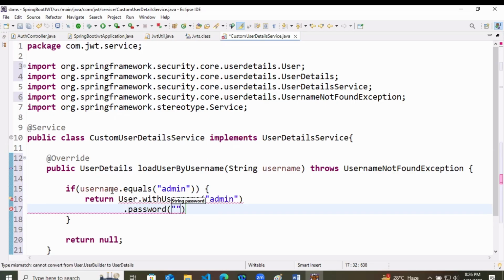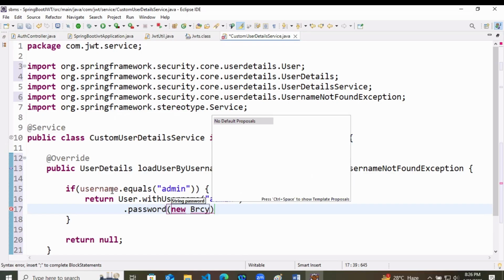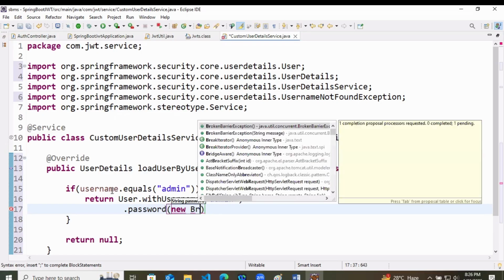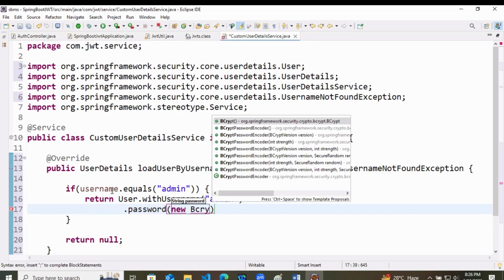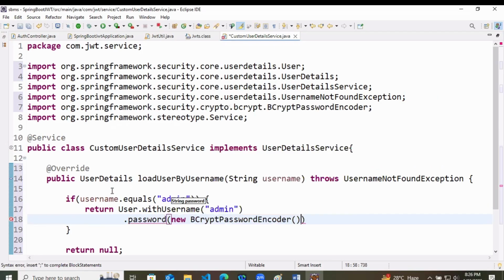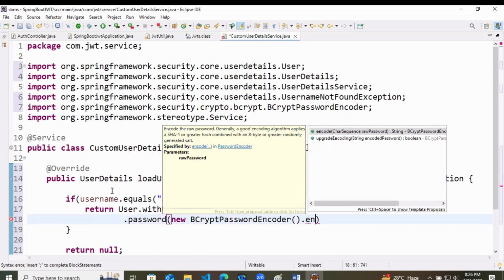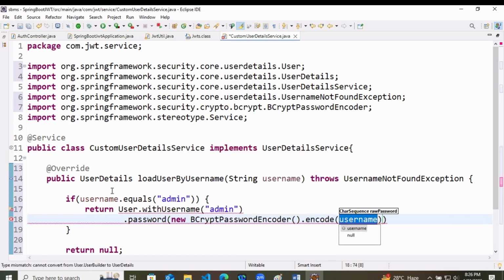Custom we are doing with .password. Password you can say anything, but we have to encrypt the password. So I will use a new BCryptPasswordEncoder here, which has one encode method, and the password that I'm going to encode is, let's say, admin123.